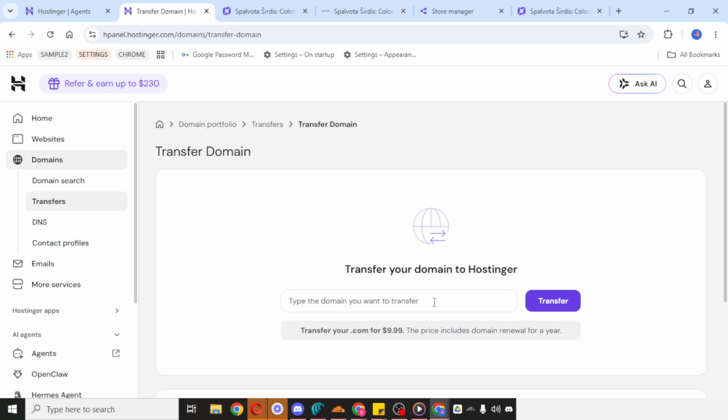As you continue, take your time and avoid rushing through any confirmation pages. Domain transfers can involve approval steps, so it's always a good idea to review everything before submitting. If a prompt appears that you're unsure about, pause and read the instructions closely, since Hostinger usually provides helpful guidance directly in the interface. And that's it. Once you've entered your domain and followed the on-screen prompts, your transfer request will be in progress.